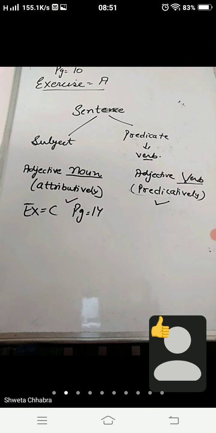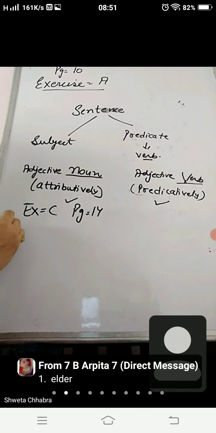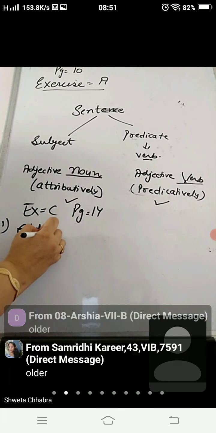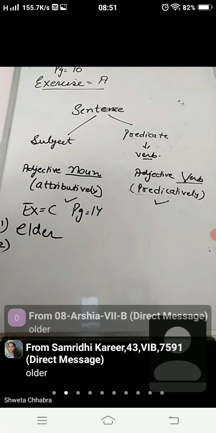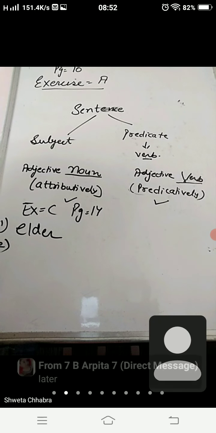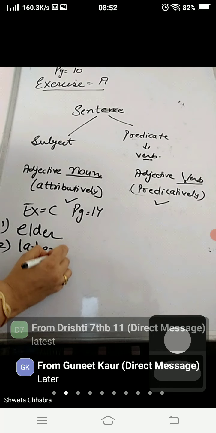Get ready with your grammar books. I have a deaf sister. We have done this topic, but I was not able to discuss it with you. I have an elder sister. Very good. Second, let's discuss this: a dash date. The comparative degree will be later. Yes, very good. Its answer will be later.